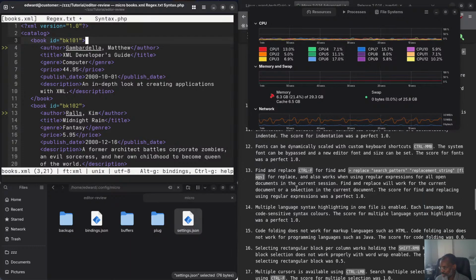Let's go here. Find and replace. So let's say here I want to search for the word author. So it's Control F. You see it says find. If I type author, you see it found it. And if I want to do a search and replace, I would have to use Control E, then replace, and then the search pattern and the replace pattern,